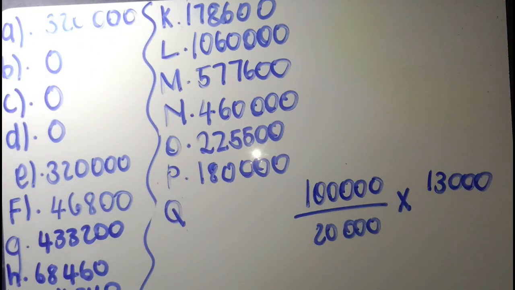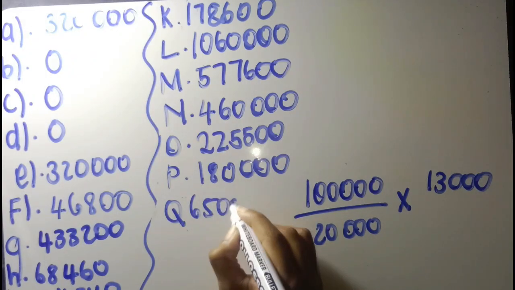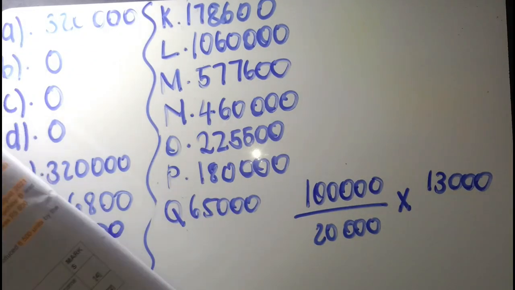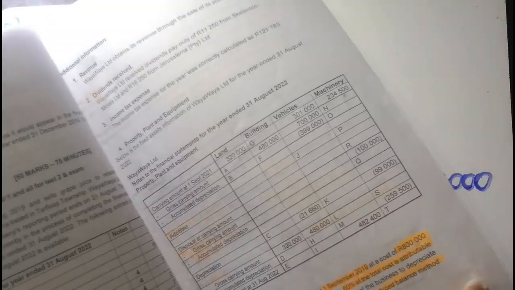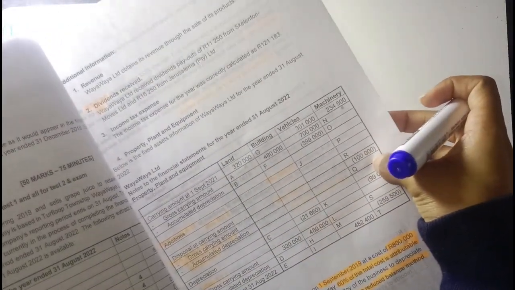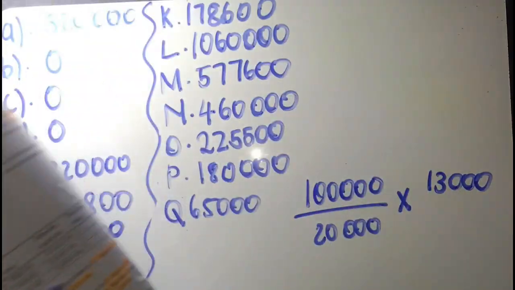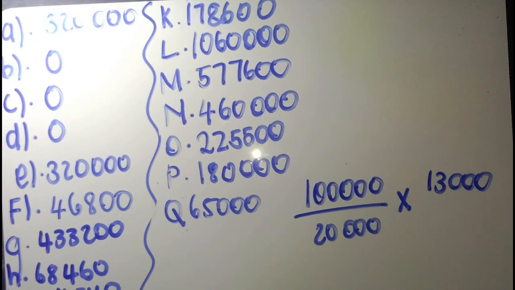So that should give you 65,000, right? So now we're gonna move on to R, and we're gonna say the gross amount minus the accumulated, and then you're gonna get your R, which is gonna be 35,000,